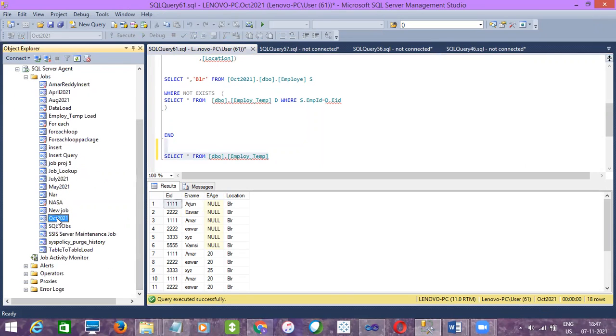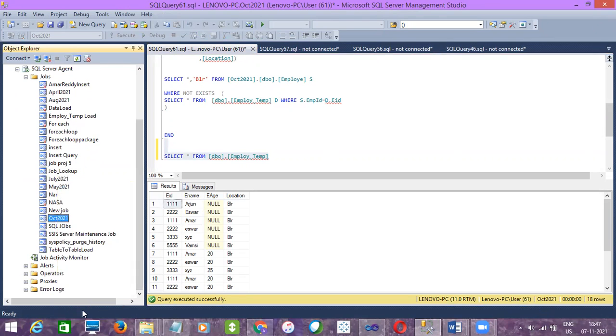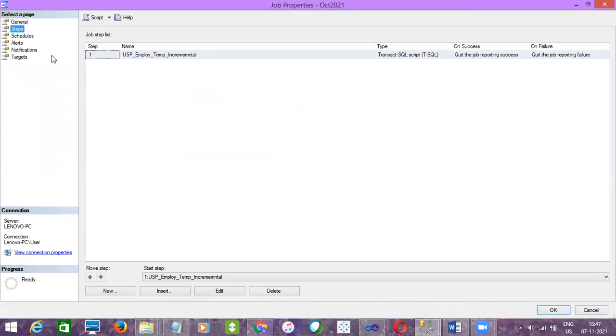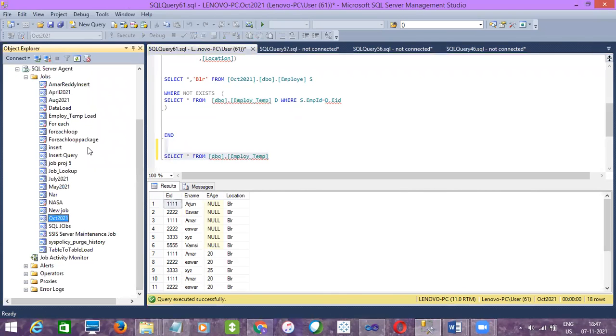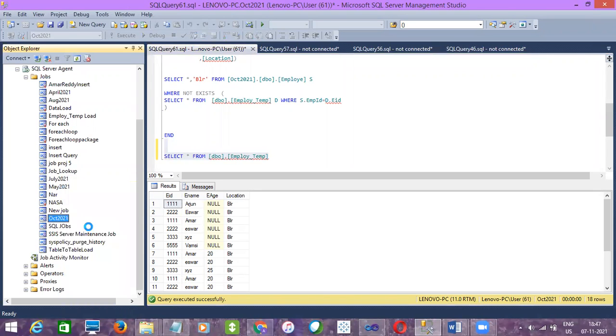October 2021. So how do we check whether the job is executed or not? If you right click and click on properties, you can see the information we created, but how do you check whether it ran today? Right click and choose View History. Click on that.